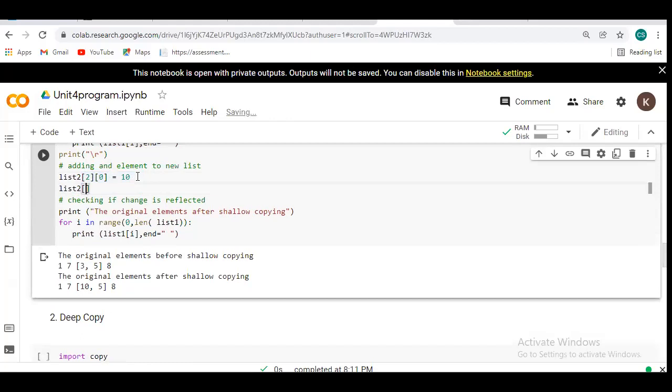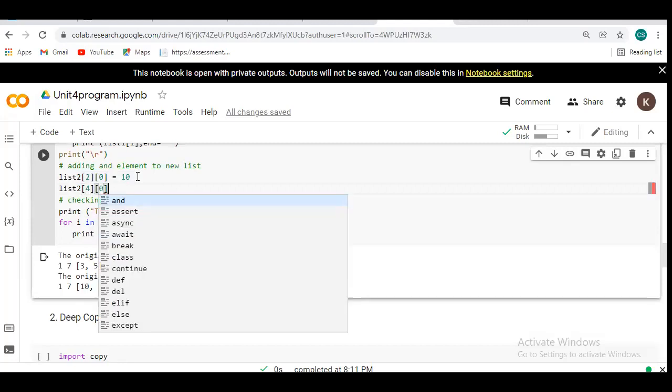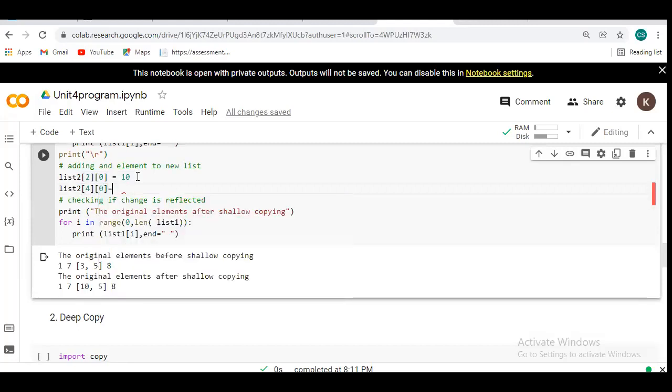So list of, suppose, the fourth element of 0 will actually be the indexing value.